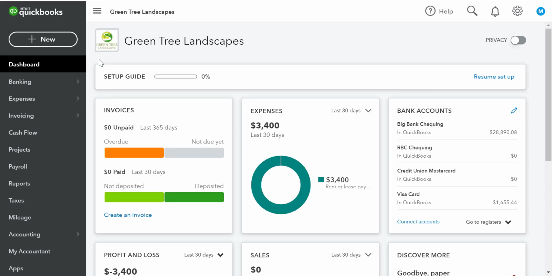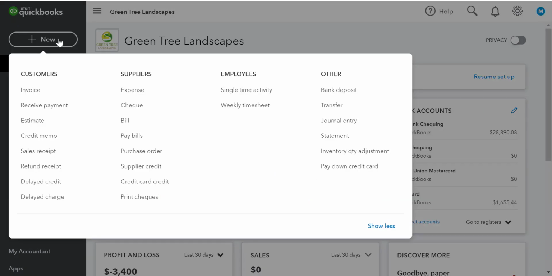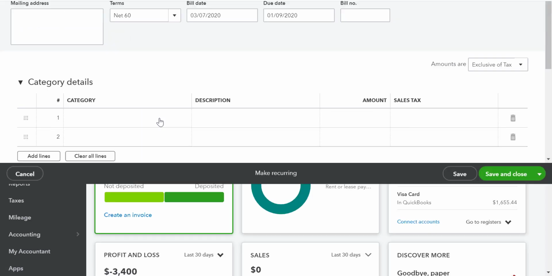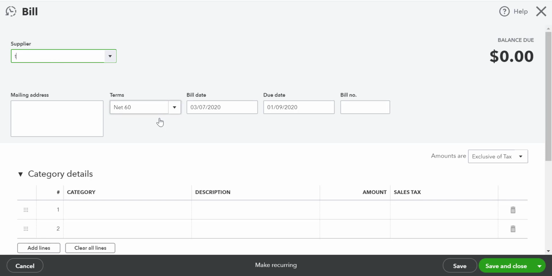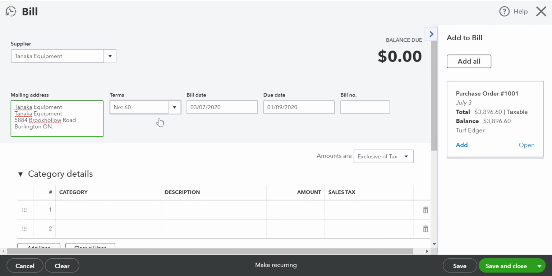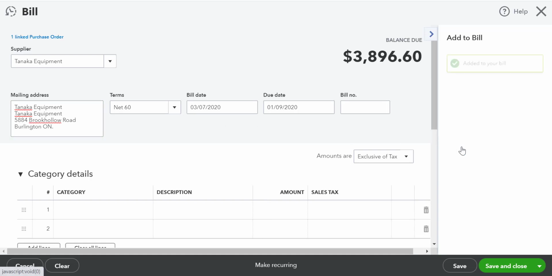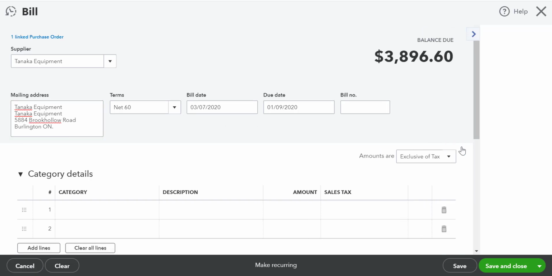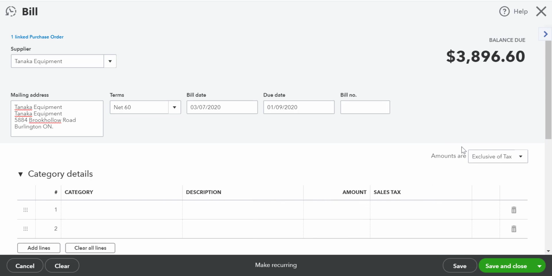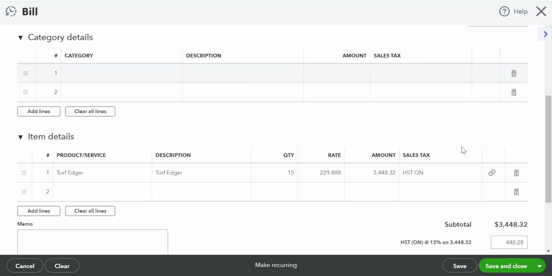Let's suppose that we've received half of our turf edgers, and we received a bill at the same time. We'll click the New button, and then under Suppliers, enter Bill. We'll enter our supplier, and then when we press Tab, QuickBooks slides open on the right-hand side the purchase order. To receive against a purchase order, click Add,